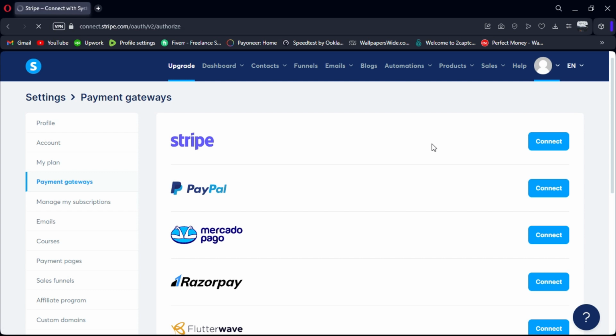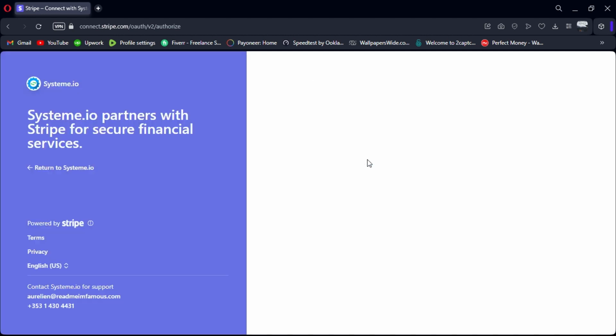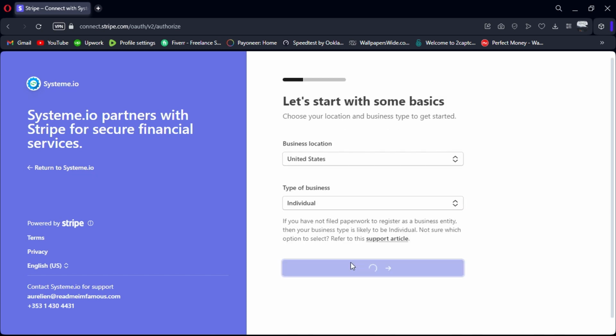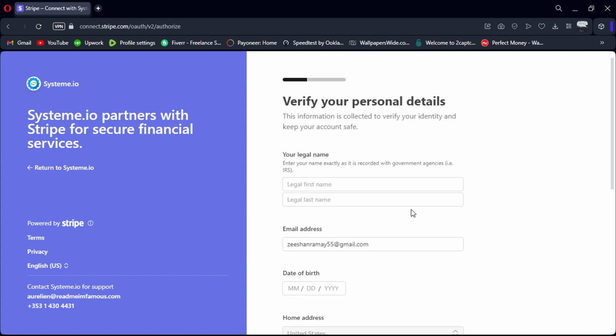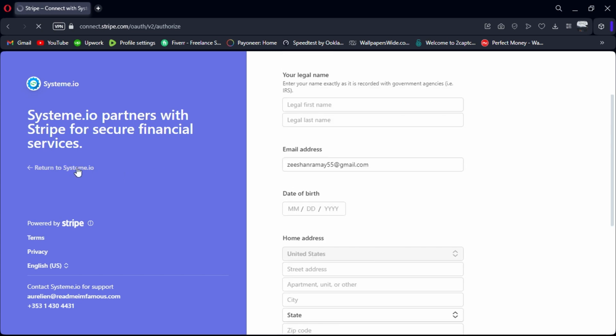You'll be prompted to log into your Stripe account or create a new one if you don't have an account already. Once logged in, authorize System.io to connect with your Stripe account by following the on-screen instructions. This will allow System.io to process payments on your behalf securely. After authorization, you'll be redirected back to your System.io dashboard where you'll see that Stripe has been successfully connected as